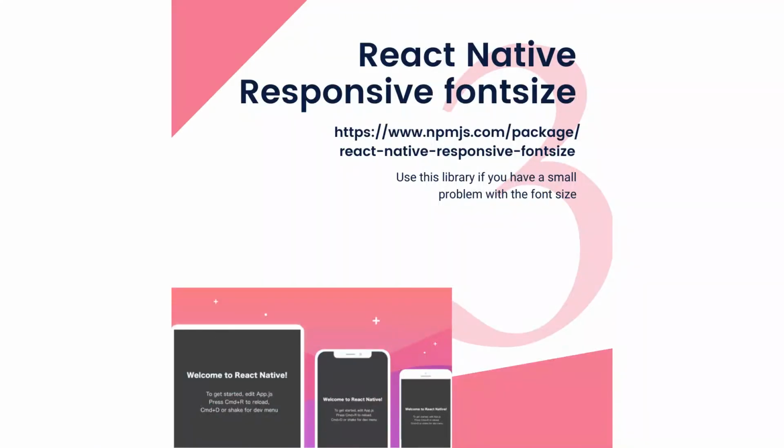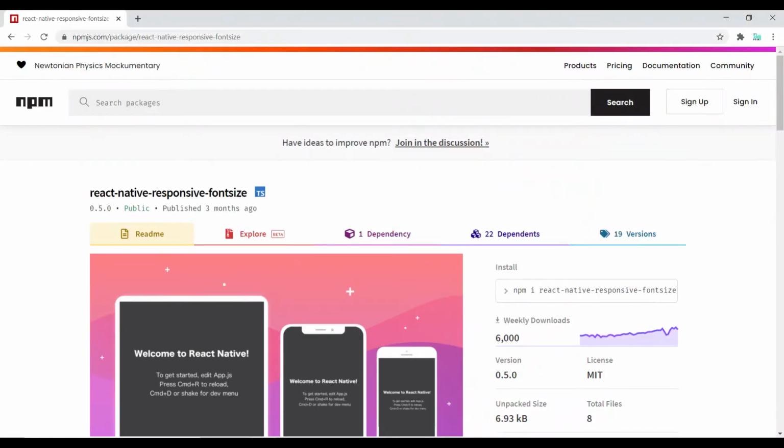After the screen, making your font responsive plays an important role. Like if you show large fonts on a small device and small fonts on a large device, it would not look good. So to make fonts responsive, we can use the library React Native responsive fontsize. Responsive fontsize takes the value in percentage or with regard to the screen size. So you can set different font values for different screen sizes or with a percentage, so that it would be responsive in all manner and with all screens. To install this library, you can type the command npm install react-native-responsive-fontsize, and you can visit the documentation on npm for finding more props about this.